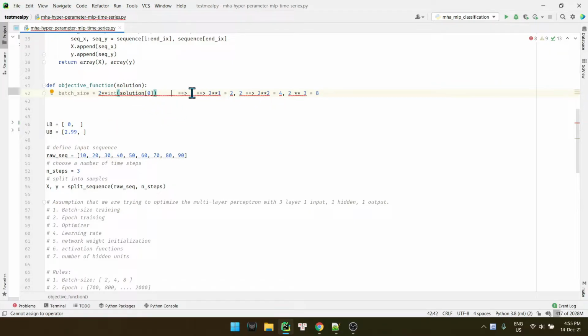So we should return the value from 1, 2, and 3, right?